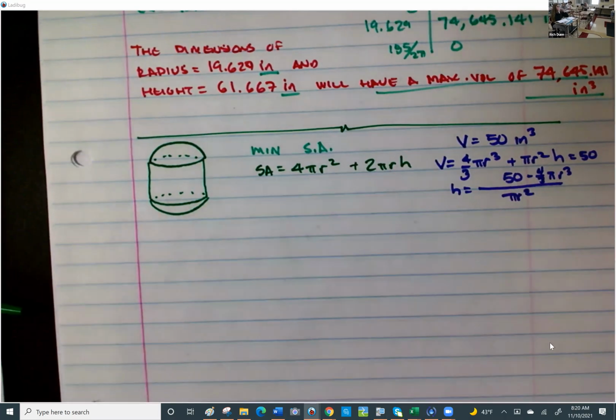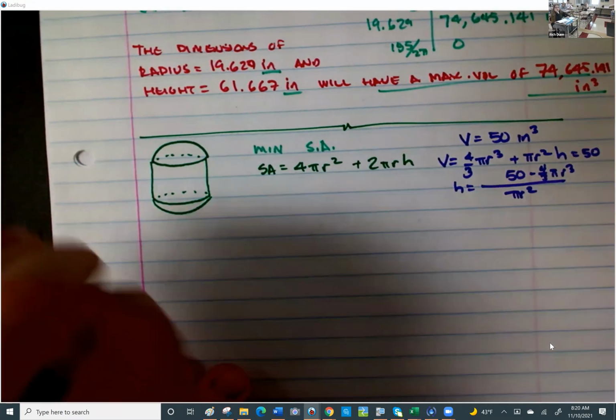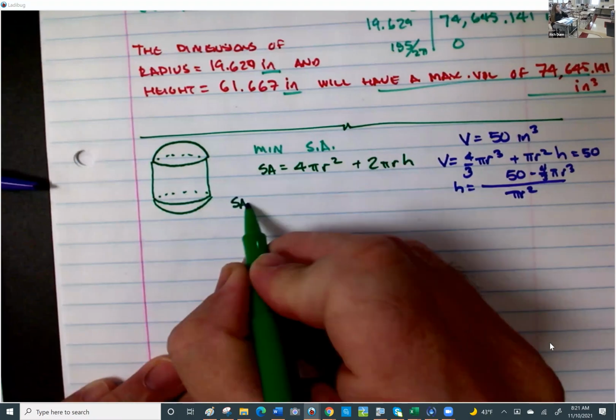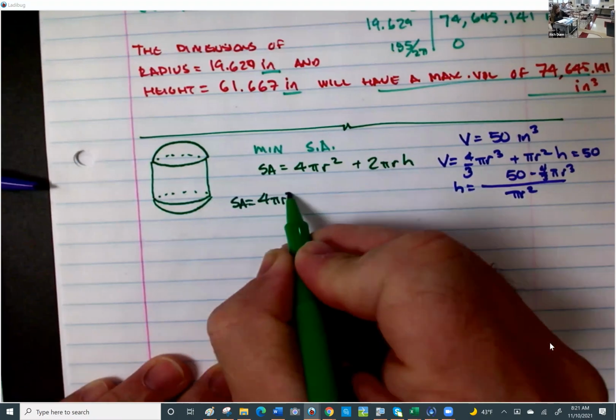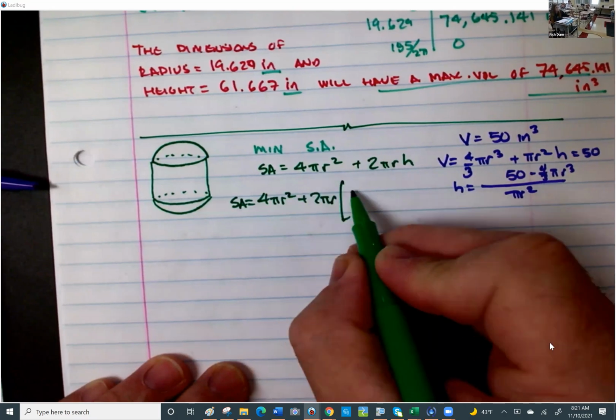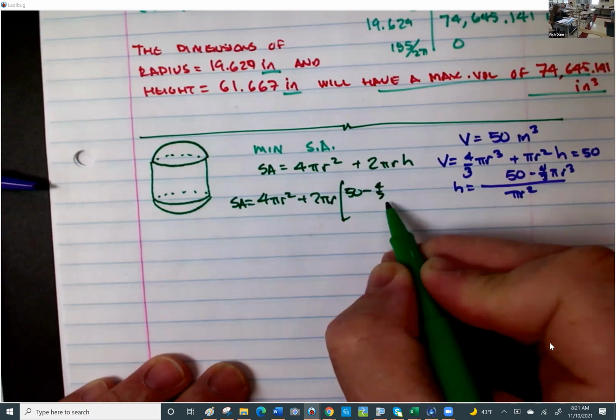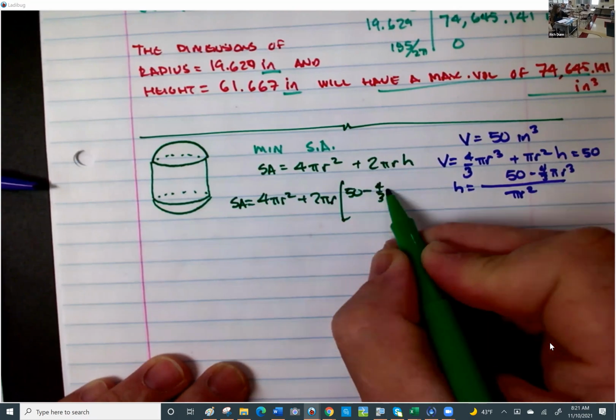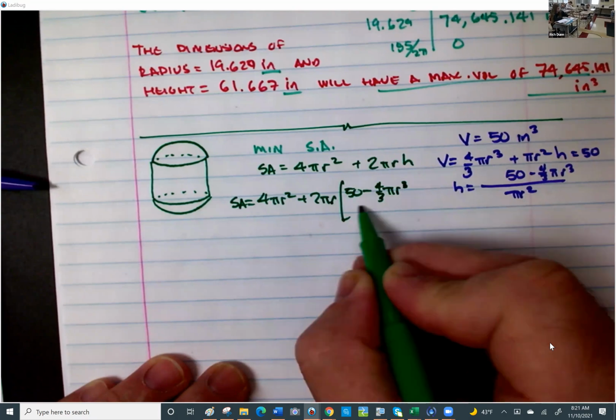So yeah, if you wanted to, you could, but I'm here to tell you, just keep it simple unless you're having trouble putting in your calculator and need to manipulate it a little bit. Keep it as simple as possible, or keep it like this so you're not making some errors, because this one's going to be a whopper to put in our calculator. Surface area equals 4 pi r squared plus 2 pi r times 50 minus 4/3 pi r cubed divided by